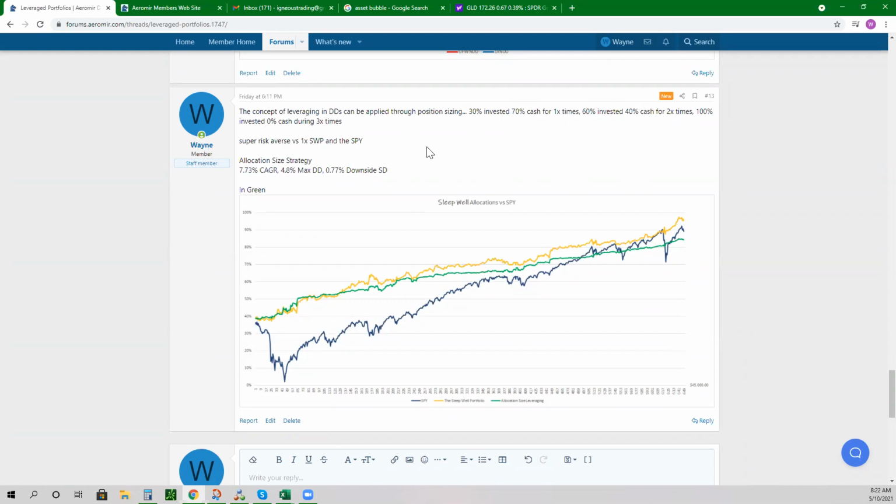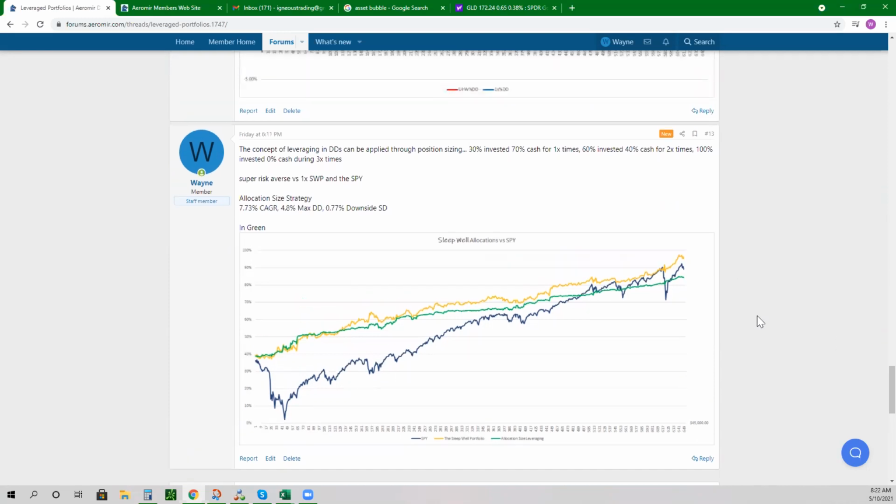So anyways, that gives you a really nice 7% CAGR, which keeps up with the historic S&P, with only a 4.8% max drawdown. That is including all of the crashes and COVID and everything in here. You can see it's very steady Eddie. So that's for the very risk averse. I don't want to leverage, but I just want to allocate size. So yeah, anyways. So how do you decide when you switch from one mode to the other on that?